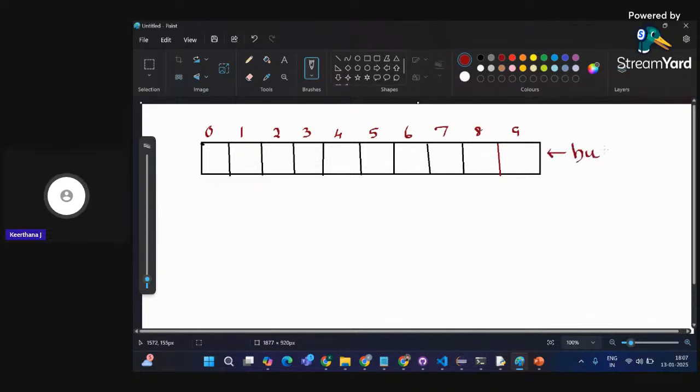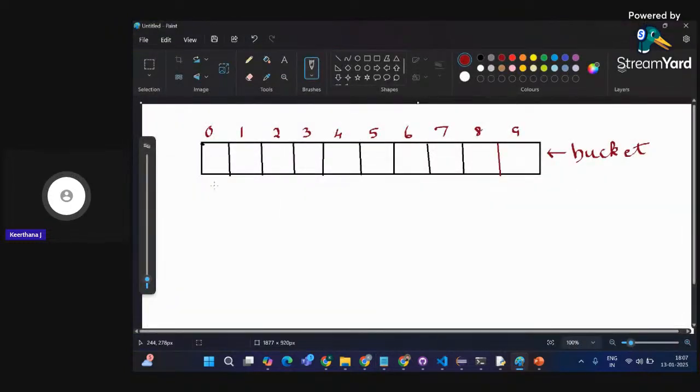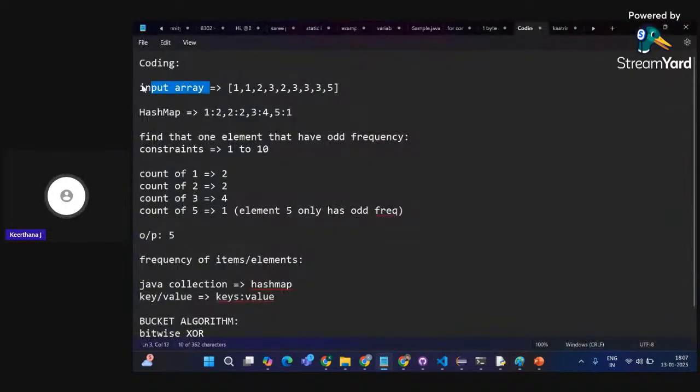So what I want to do is, this will be my bucket array. What I'll be doing is I'll be iterating the input array. Okay, my first element will be 1, right? So I'll be applying this logic. Let this be array, ARR. This is going to be my array. Array of 0 is 1. Array of 1 is 1. Array of 2 is 2. Like that only we'll be going on with indexing, right?